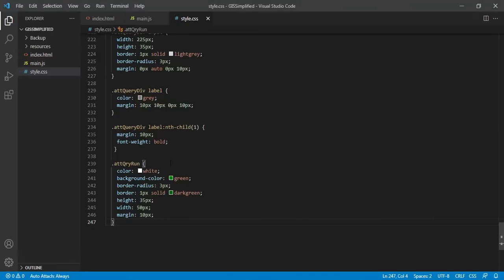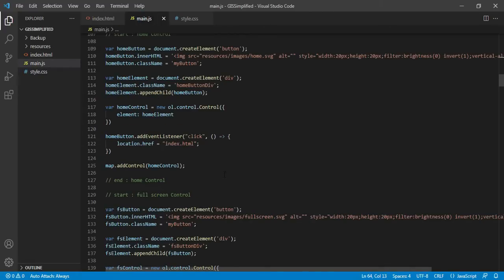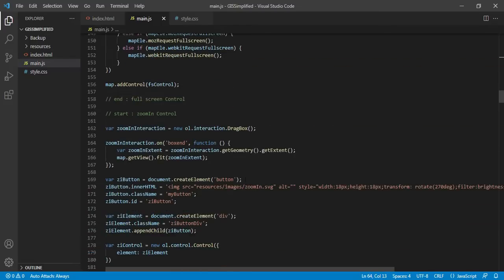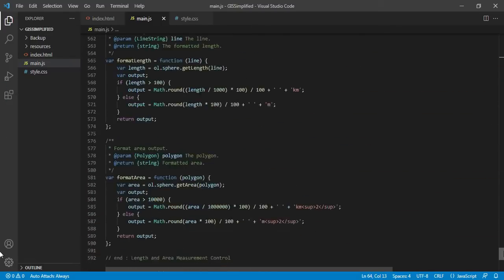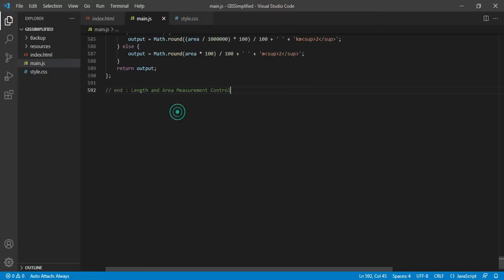So let us go to the JavaScript part of it. So once I go to main.js, I will add code here related to adding a button. So as per our nomenclature, I will put up a comment to denote the start and end of the attribute query related code.